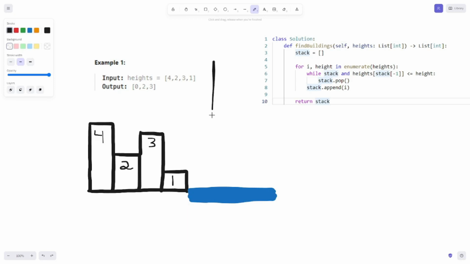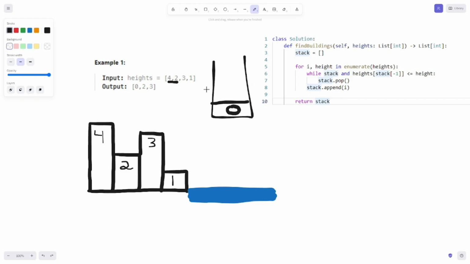So we first define a stack. This will represent our stack right here. And we go through the for i, height in enumerate(heights) loop. So the i is the index of each building height, and the first one is going to be 4. Okay, so while stack exists, currently there's nothing in stack, so this while loop can be ignored. We simply stack.append(i). i is the index value of the height, so height is 4 and index is currently at 0. So we append the 0 index for the height value,